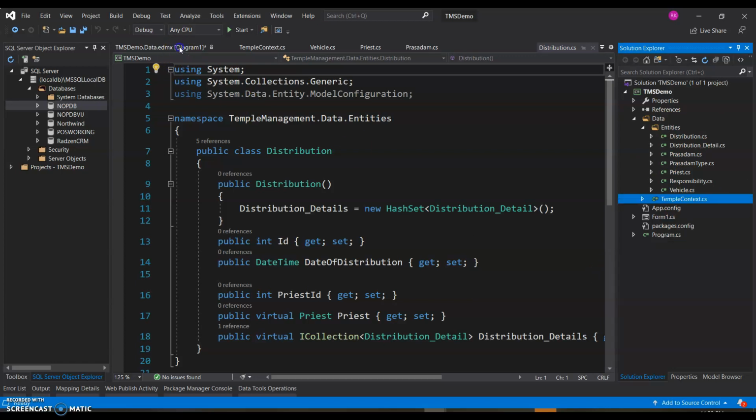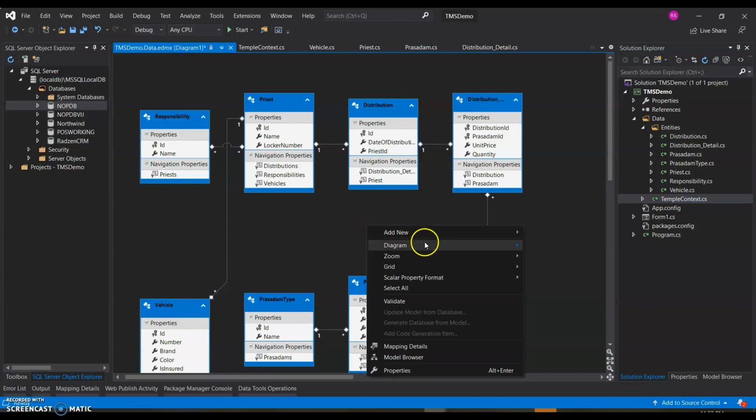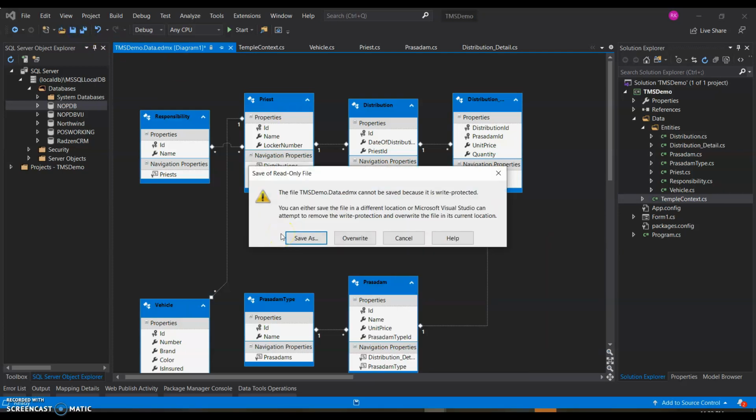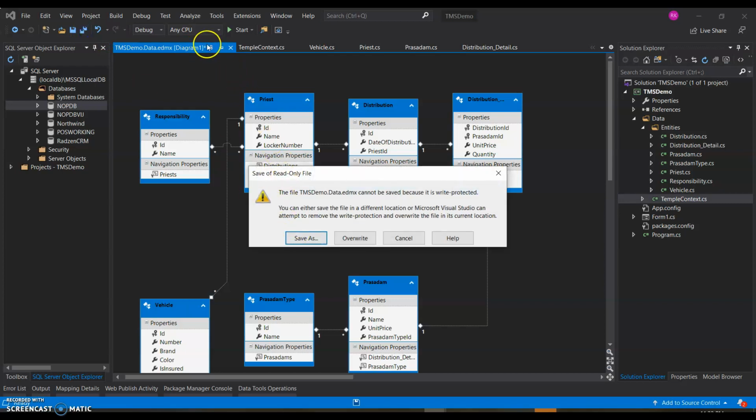And of course, once we have this diagram, we could also export as image. It will give you various options to save this diagram, which can also be handy to document it. The only thing is we cannot save this. If you try to save, it says it is write protected. In fact, if we try to save any other files while this is open and in an unsaved mode, we